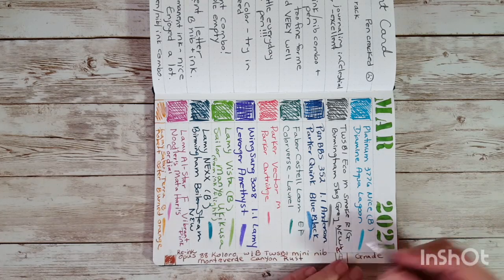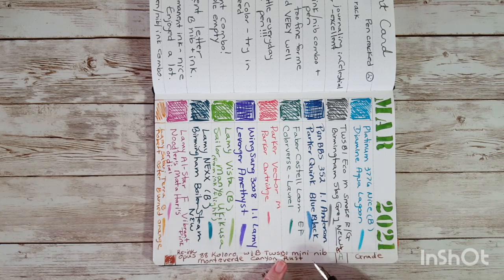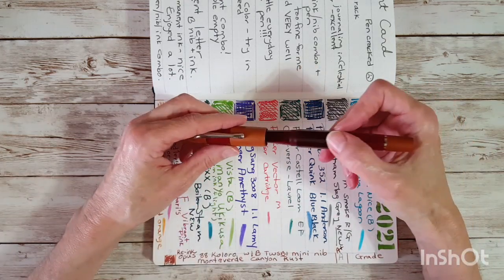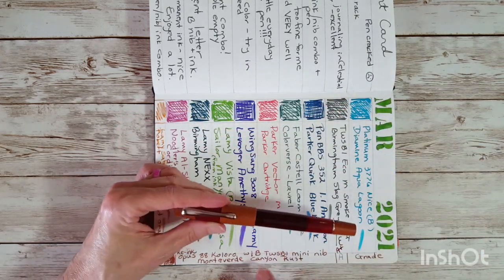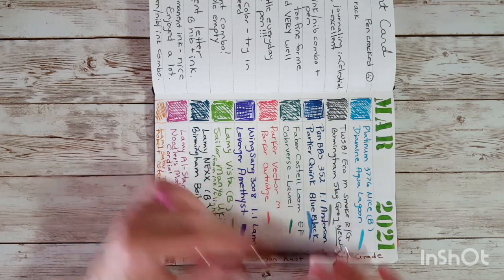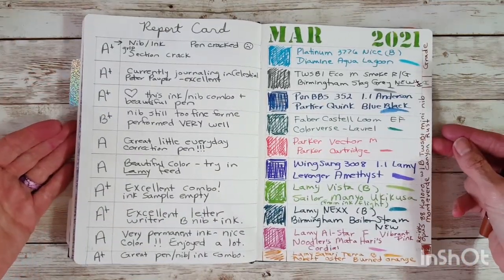So definitely A+. The broad nib really bumped it up in my opinion, but I just love the pen, and the pen and ink combination is to me perfect. That Canyon Rust is just amazing for it. So that was what I wanted to show you, and then I want to go on over on the other